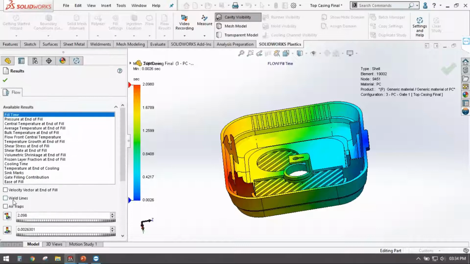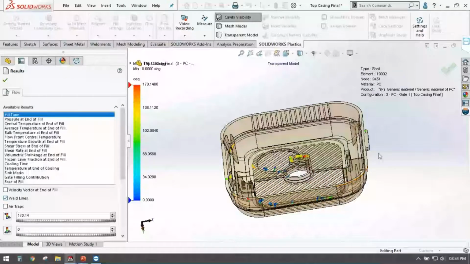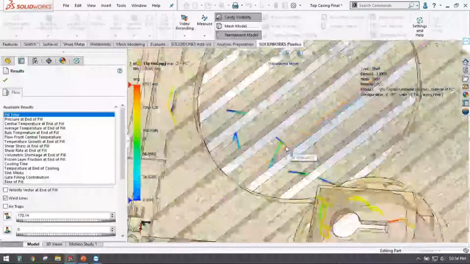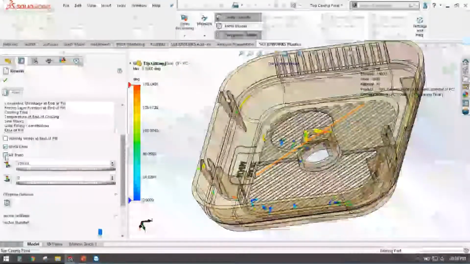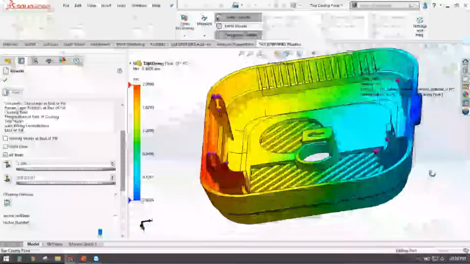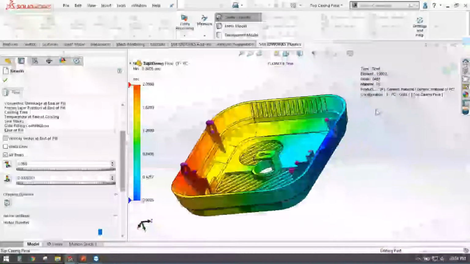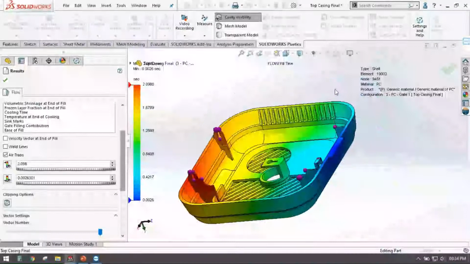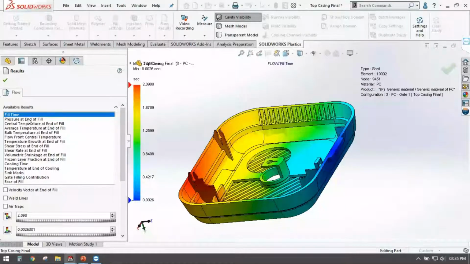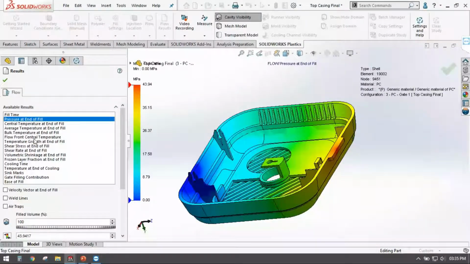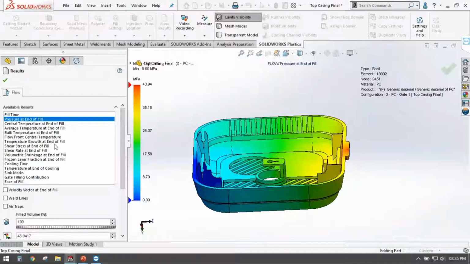Also, there are various parameters that you can check, like where the weld lines are coming in the model, right? Then where the air traps are coming. So it will help you in predicting the best parameters for your injection molded parts. As well as there are a few more results available. What is the pressure at the end of the fill, right?